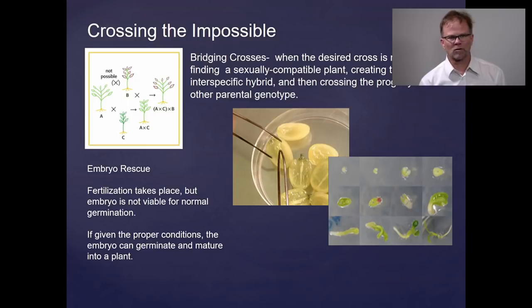We also know that we can cross the impossible. And this is cases where we can take two things that would have a very disparate set of genetics and kind of force those genetics together. And this is crossing maybe two species that aren't necessarily interfertile. And you get fertilization events, but they lead to these very sick and diminished embryos that would turn into very poorly performing plants. Yet if you want all those genetics in one place, you can do it with something called